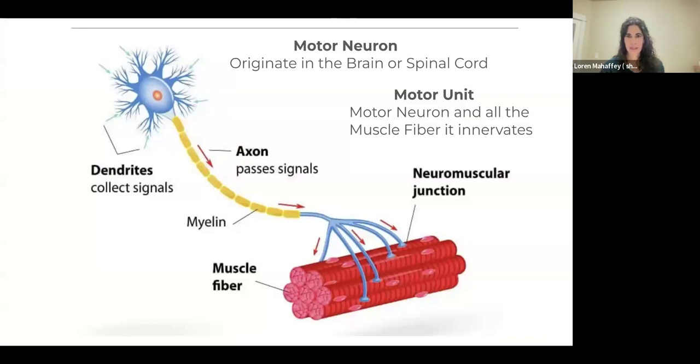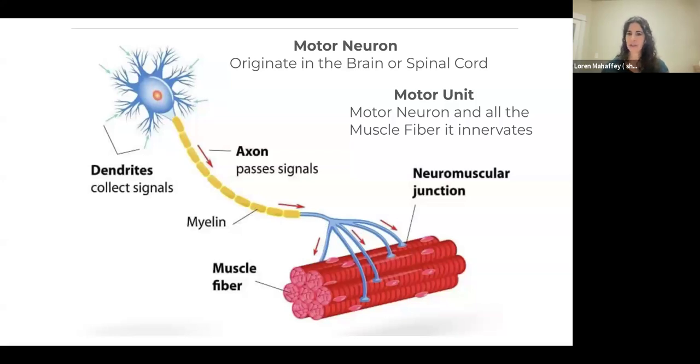Here we see both what is a motor neuron and a motor unit, and I'll explain the difference. The nerves that innervate skeletal muscles are called motor neurons. And as a motor neuron enters a muscle, it divides into several branches or many branches. And so here, this whole thing is the motor neuron, right? Here's the nucleus with its dendrites. Here's the axon, and here are the terminal endings. Okay, and so this whole part is the motor neuron itself.